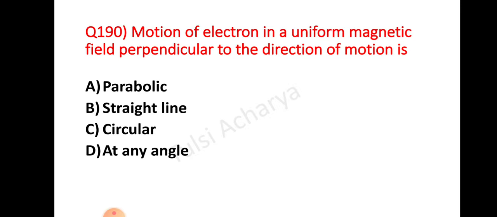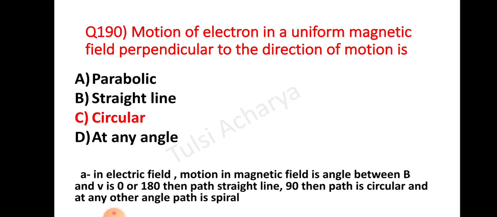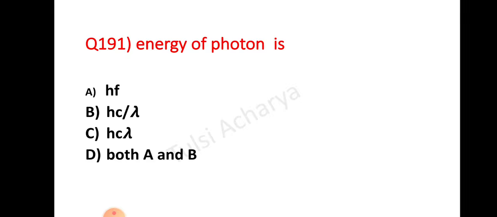Motion of electron in a uniform magnetic field perpendicular to the direction of motion is circular. Motion of electron in a uniform electric field is parabolic. And in a magnetic field, if it is entering at 0 degree or 180 degree, the path will be a straight line. But for this case, motion of electron in a uniform magnetic field perpendicular to the direction of motion is circular. Question number 191. Energy of photon is, we know that energy of photon is hf,